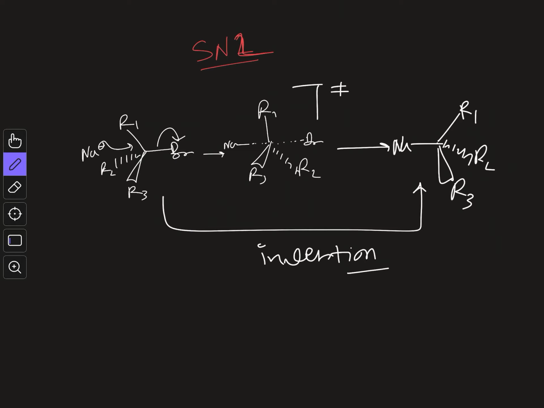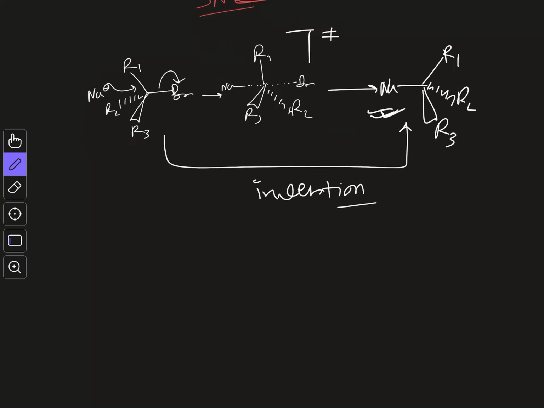Now in this case you cannot say experimentally that indeed the inversion occurs. For that we have to compare between two substrates. If the same bromide were generated here, then we could say that the inversion is occurring. So for that we design some special reaction. How do we design the reaction? So we take a substrate like this. Let's say we have an OH group over here, here we have deuterium, here we have hydrogen, and here we have some R group, right?